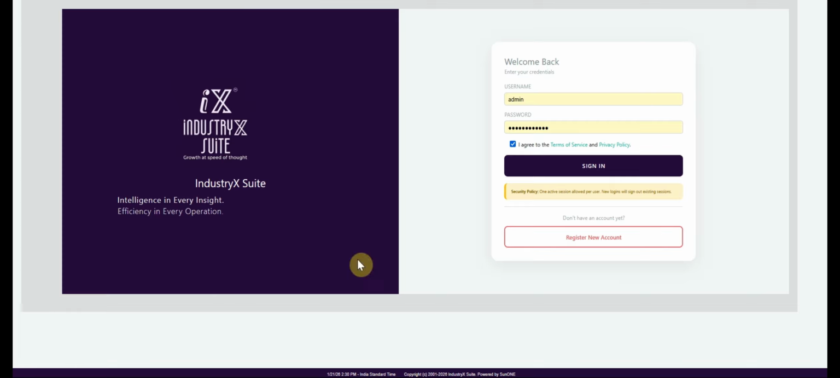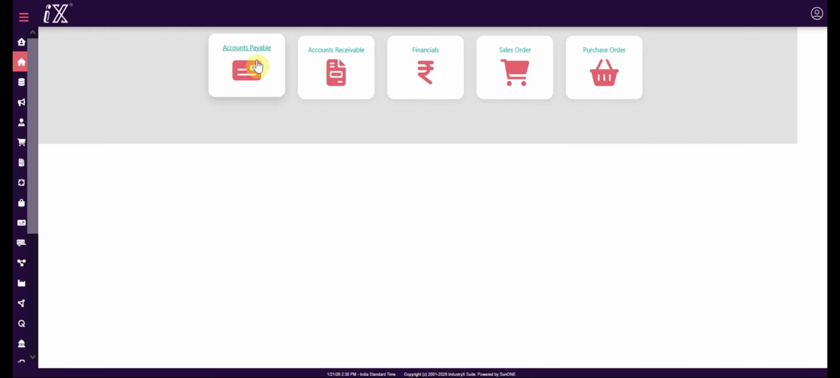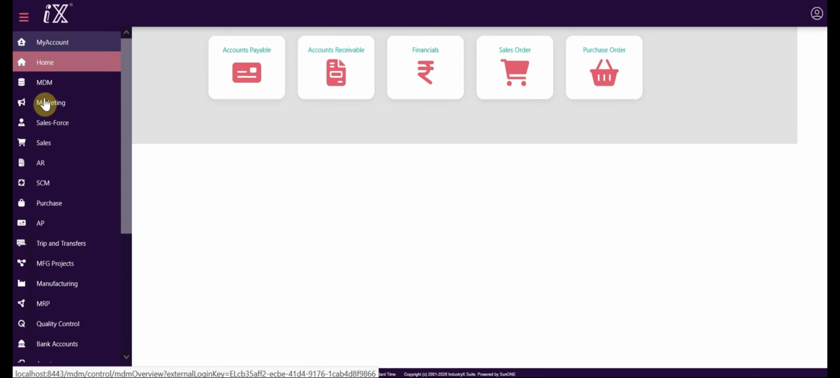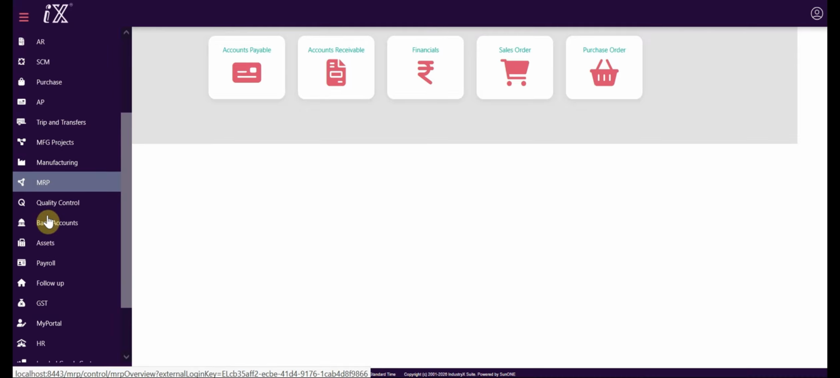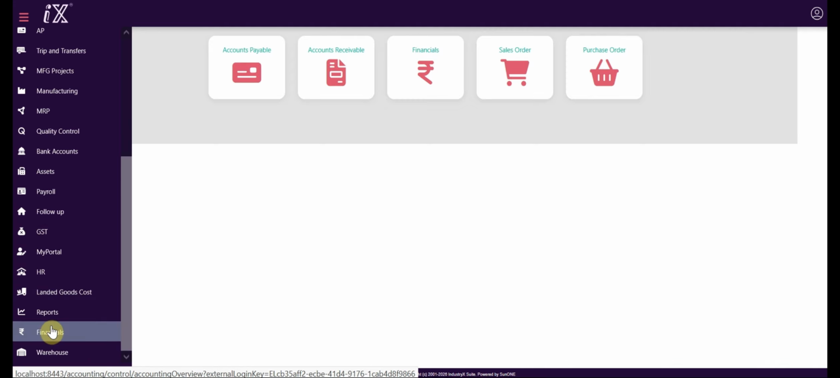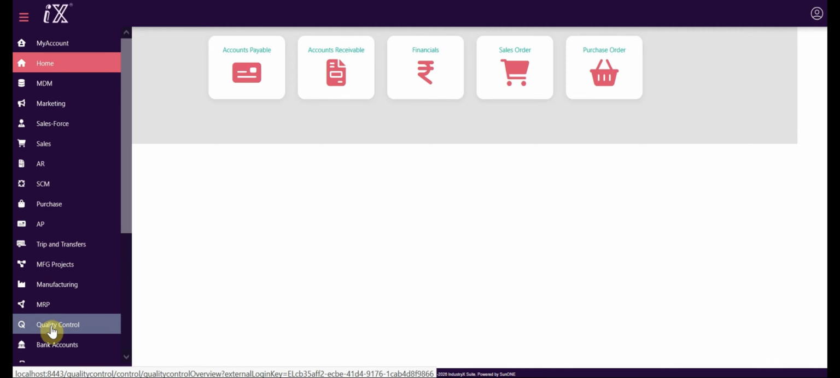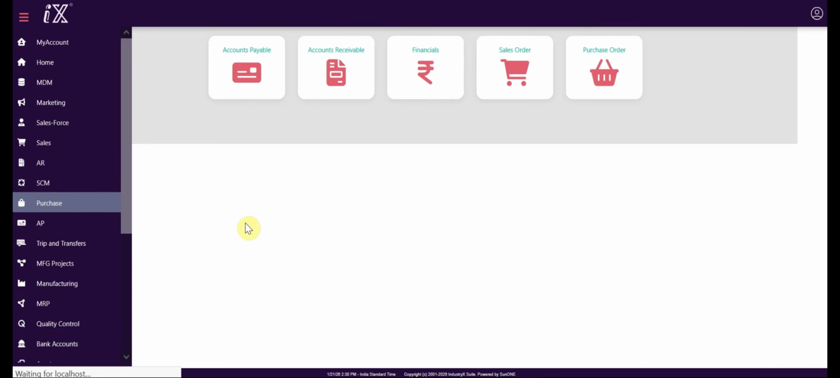In this video, we present the architecture of the IndustryX Suite, which begins with a login page where users can sign in or register. After the login, users can access the main modules. Then click on the hamburger menu on the left side, which displays a complete list of core modules organized in a standardized structure. Each module follows a consistent flow,